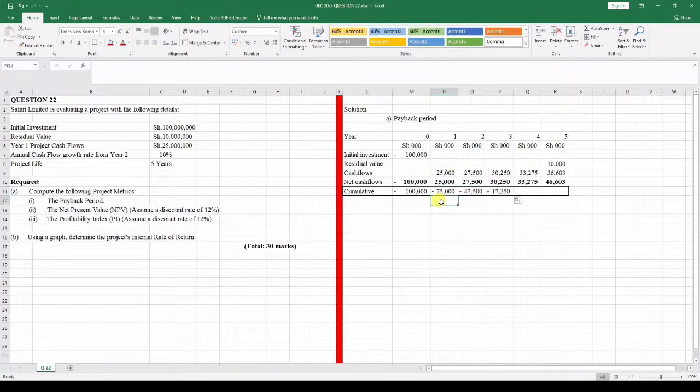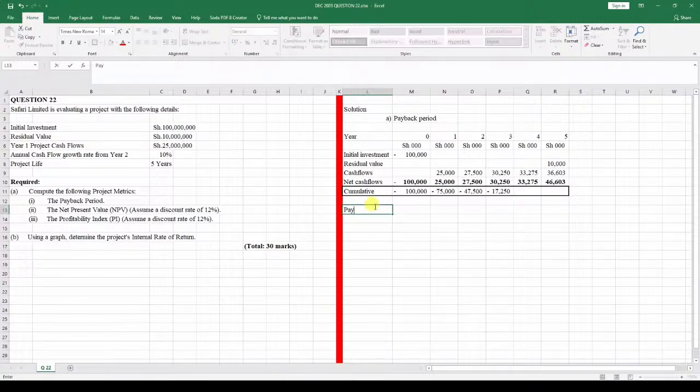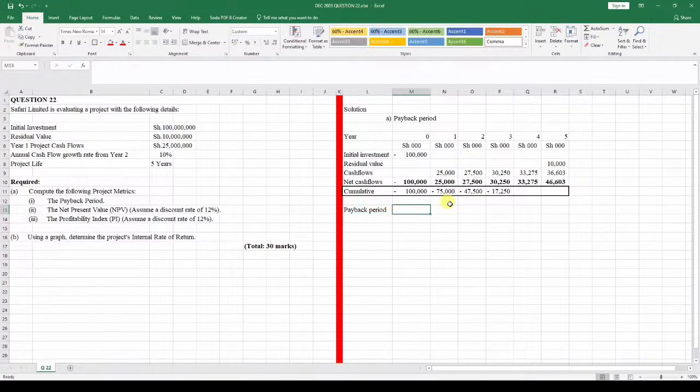We can say that the payback period over here will be given to us right over here. So this is year 1. Indeed, we're still getting a negative cash flow. Year 2, we're still getting a negative cash flow. Year 3, we're still getting a negative cash flow over here. But when we reach year 4, we are going to get a positive cash flow.